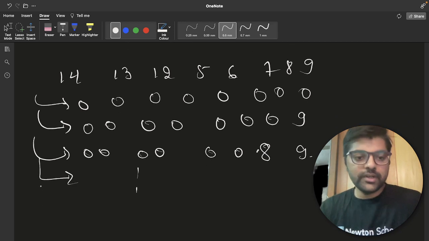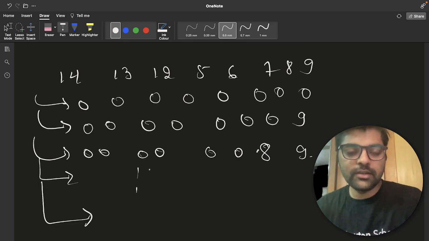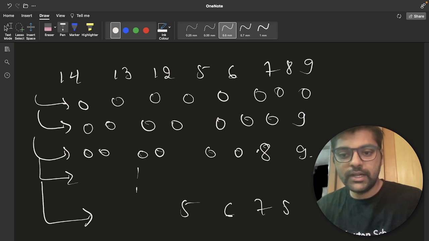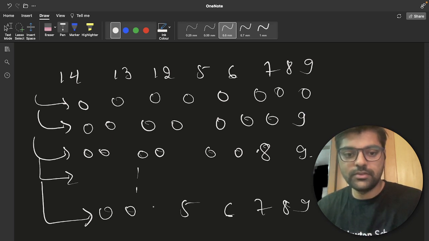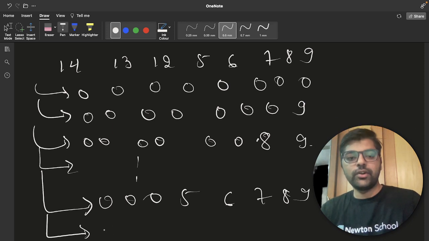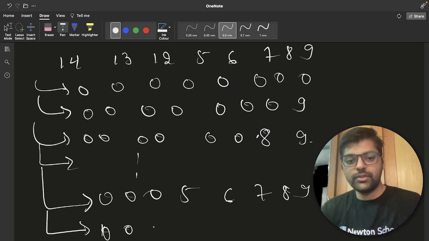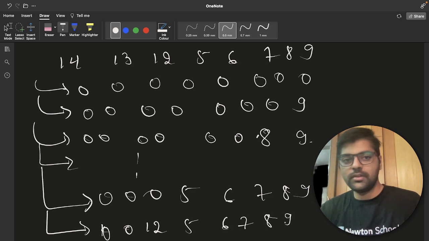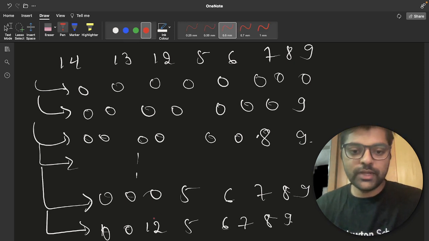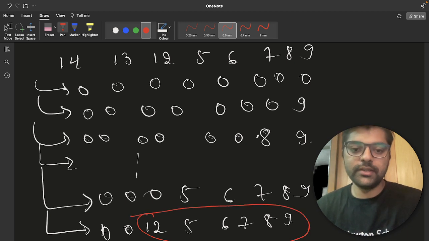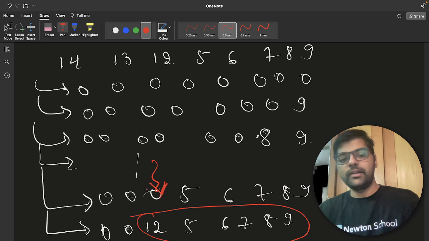Here you will move it in this way and then finally find 5, 6, 7, 8, 9, 0, 0, 0. After that you cannot make 0, 0, 12, 5, 6, 7, 8, 9, as you can see this is not non-decreasing, right? So there will be an optimal answer, right?